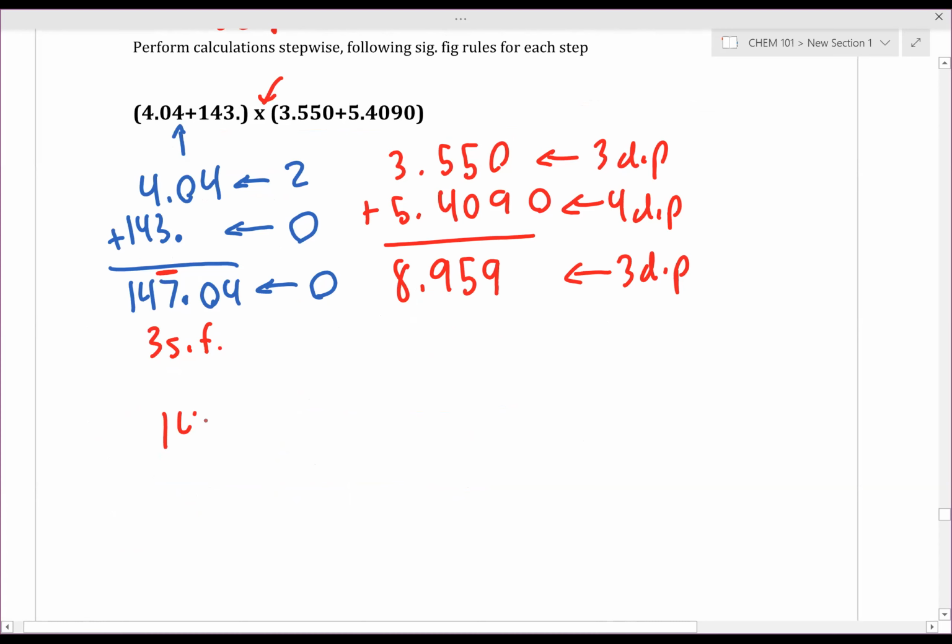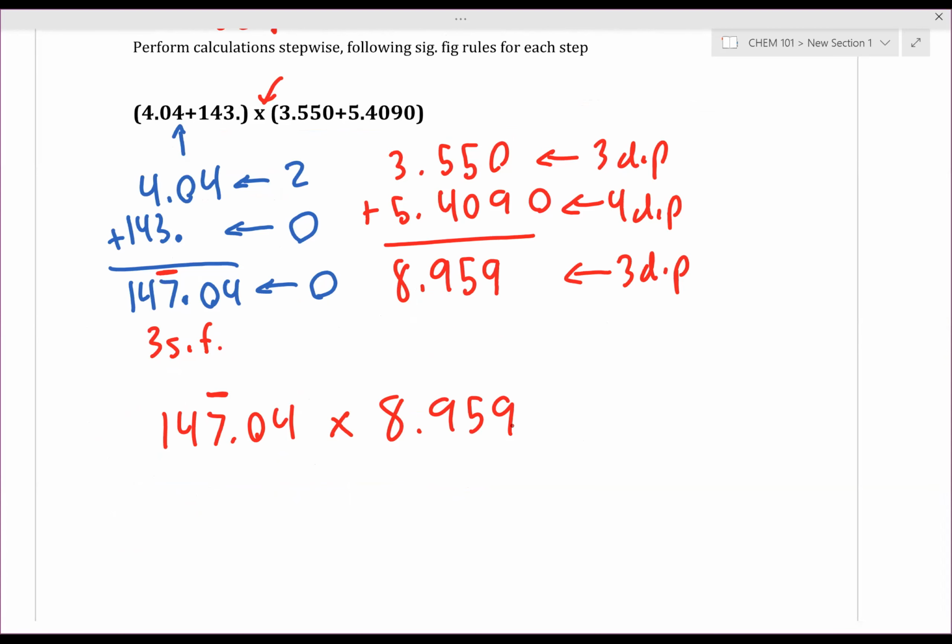So we have 147.04 with a bar over the 7 times 8.959. So since we are multiplying numbers, what do we care about? Sig figs. And as we established, this 147 has how many sig figs? 3. So we have 3 sig figs, and